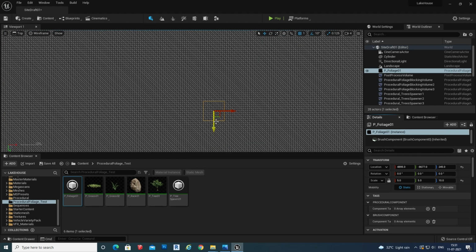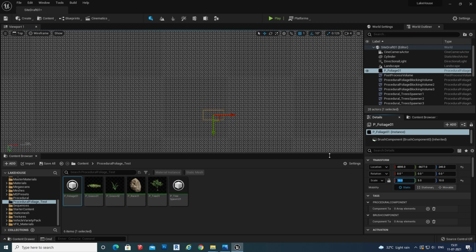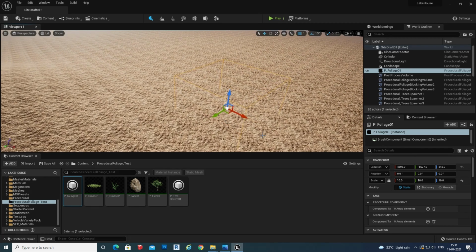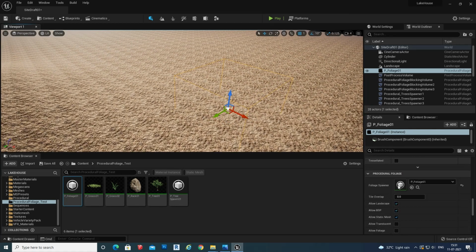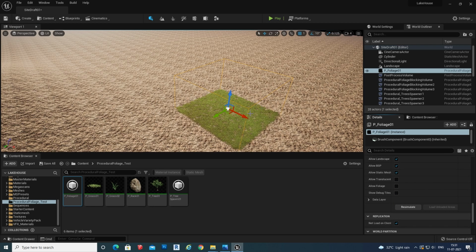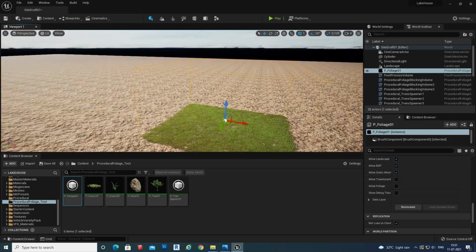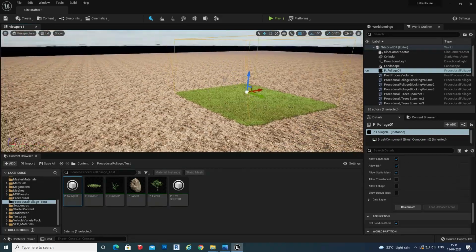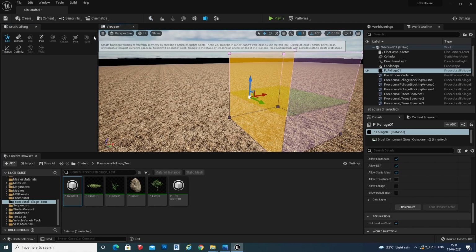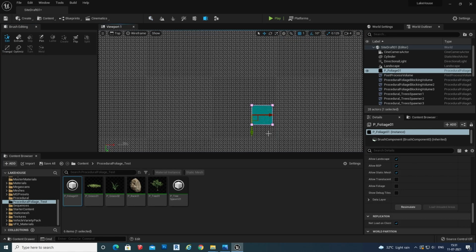So I am changing this cube to 10 by 10 by 10. I am just going to the face. First I resimulate to check the volume. Now I am going to the front side, go to the brush edit mode, select the face, go to the top view, and you can do the extrude.